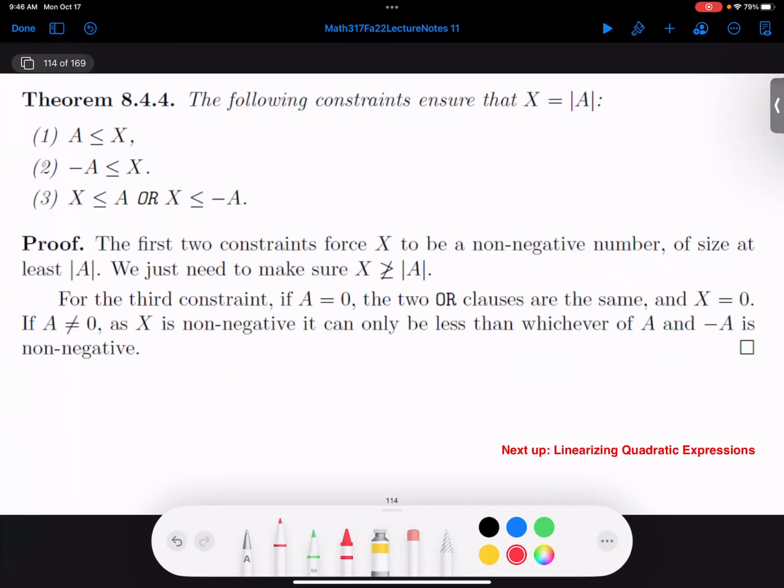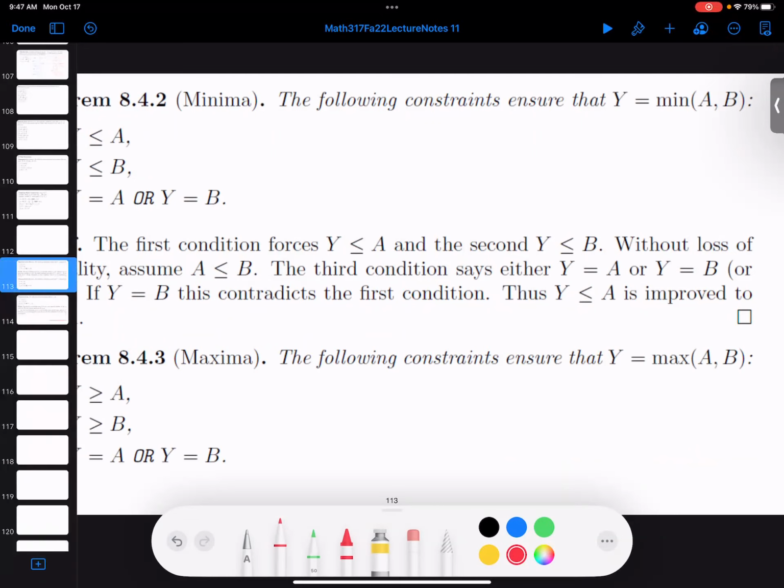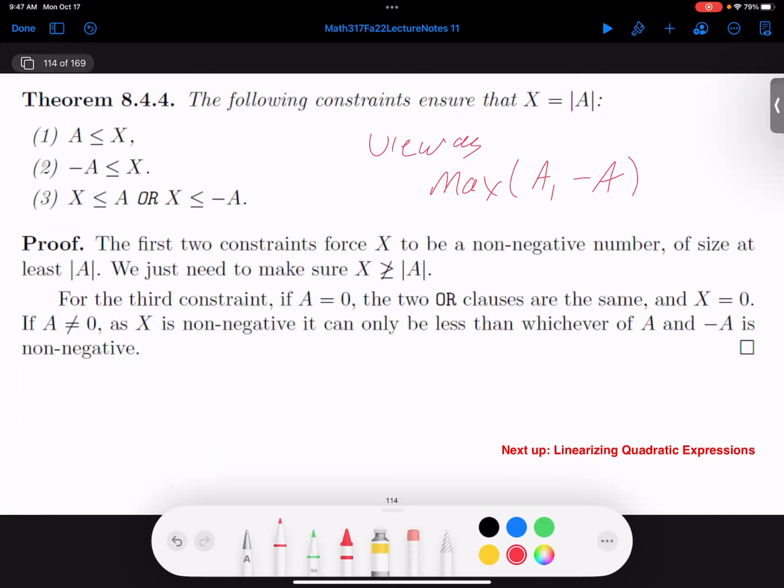All right, and then we can actually make sure x equals the absolute value of a. And you can view the absolute value of a as I want the maximum of what? So how can you view the absolute value of a in terms of a maximum? Yeah, as the maximum of a and minus a. So if we've just done your maximum, just take b to be negative a. And so the question is sometimes when you do these things, do you want to introduce new notation or do you want to use existing things?